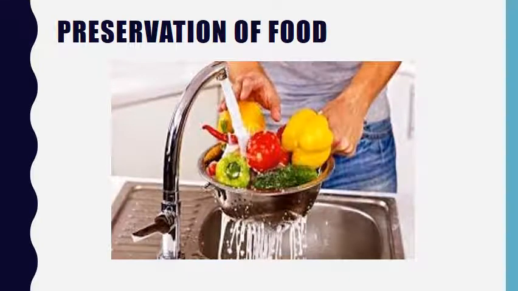Now we have the next topic related to our food, that is preservation of food. Most of the food items which we eat, some are cooked, or some we just eat raw, like fruits, nuts, and some vegetables like carrot, radish, tomato, onion, cucumber. So we eat these in raw form, and some vegetables like potato we eat cooked. Whenever we eat raw vegetables or fruits, we should wash them before eating, because these raw fruits and vegetables provide some minerals and vitamins.